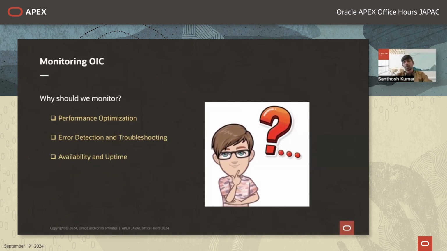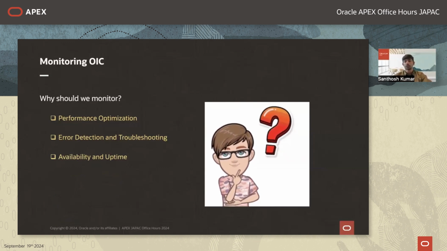If not, let us say the source system is trying to send data to the target application, and your OIC is down. So the source system keeps on getting a failure notification. Unless there is someone to monitor, all the requests which the source system is sending will fail. So that's where a support team who keeps checking the availability